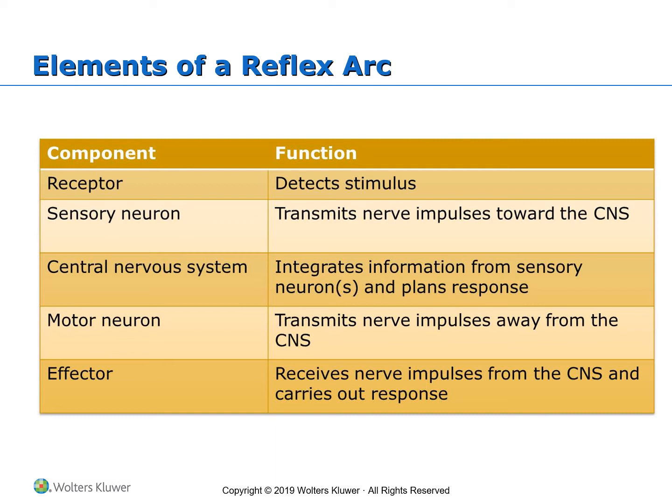The answer will be sent out through what is called a motor neuron that will carry the impulses away from the nervous system to an effector, usually a skeletal muscle. And the last component of a reflex arc will be an effector, that skeletal muscle that will receive the nerve impulse from the central nervous system and will create the action that was expected, such as removing your arm or your body part segment from injury.